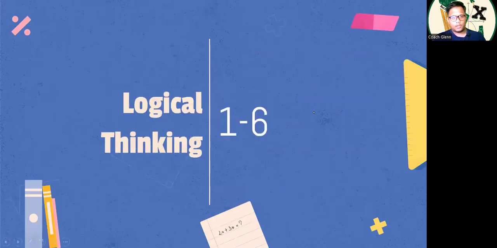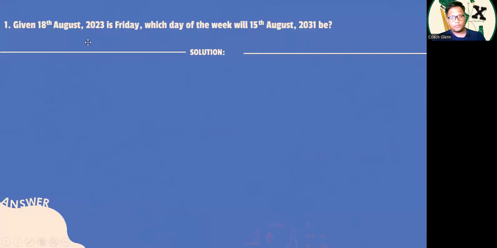So, logical thinking. It's made up of 6 questions. Given that August 18th, 2023 is Friday, which day of the week will it be on August 15th, 2031? So the first thing that we want to do is find the day of